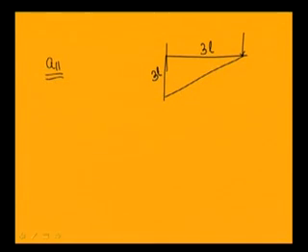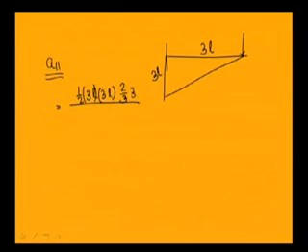The area is half into 3L into 3L, and I have to take the moment. The center of this is at 2/3 of this length, so at a distance 2/3 of 3L